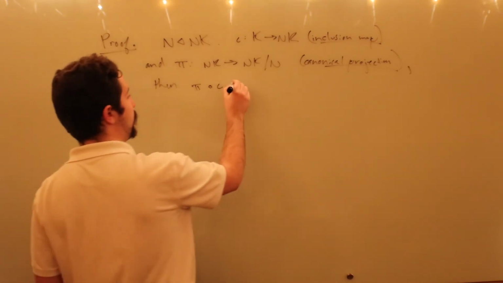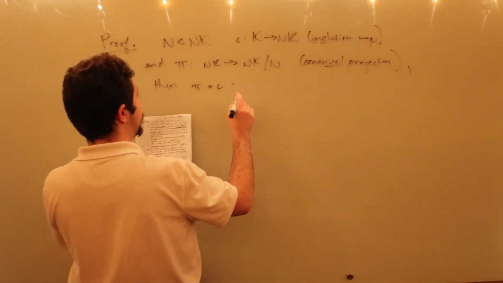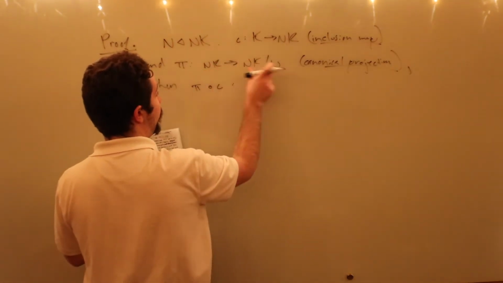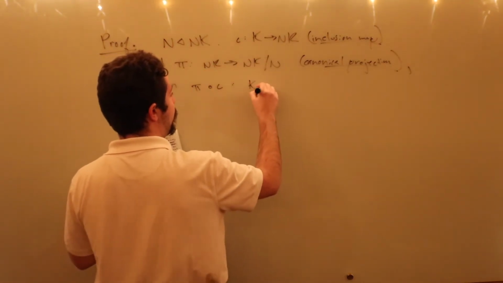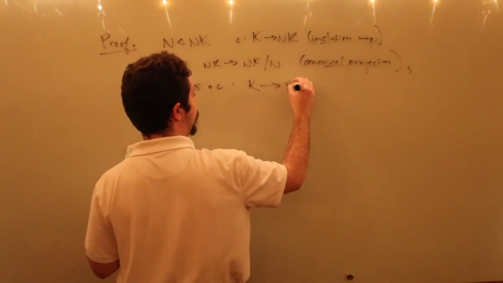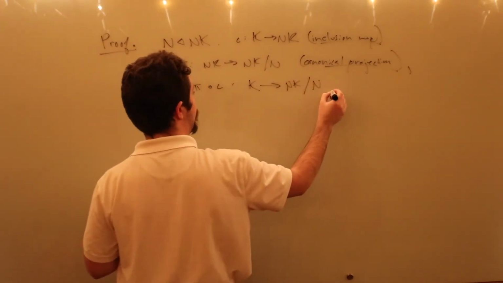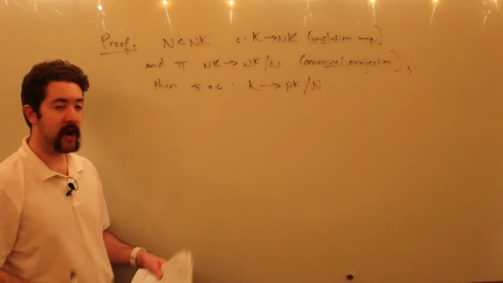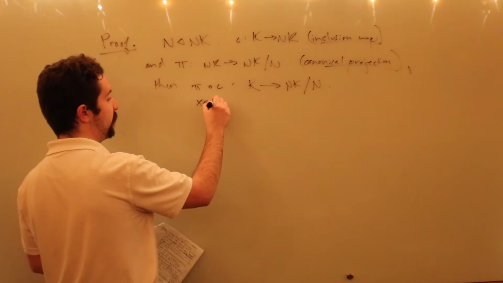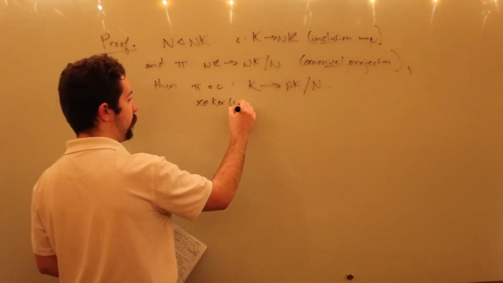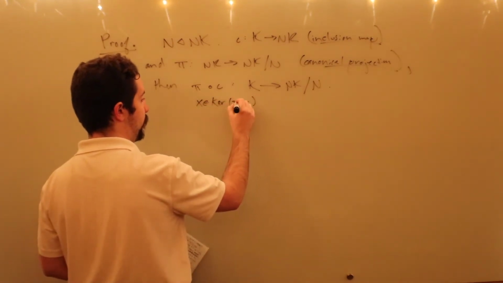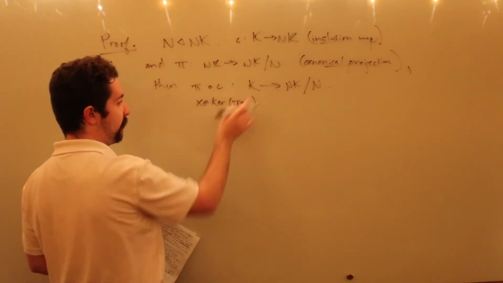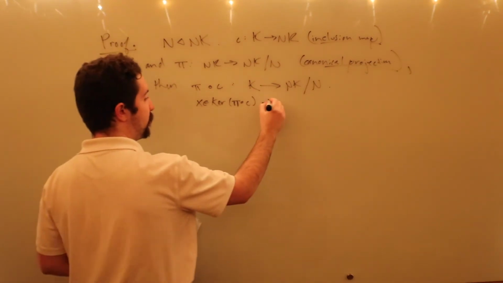a homomorphism. So we're going to consider this map, from K to NK, NK to NK quotient N, we're going to have a map from K to NK quotient N, and this is indeed a homomorphism. All right, now consider an element x which is contained in the kernel of this map, pi composed with iota. By definition, this is a subgroup of the domain, which is K, so this implies that